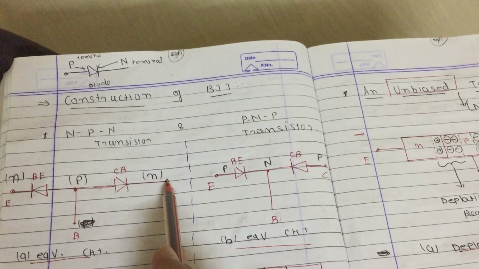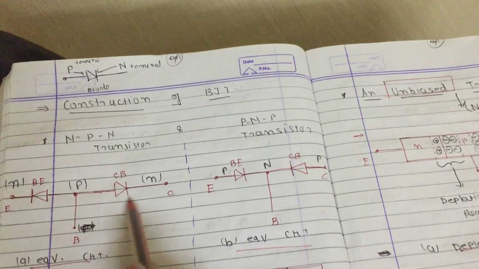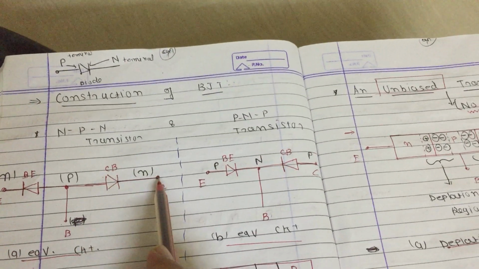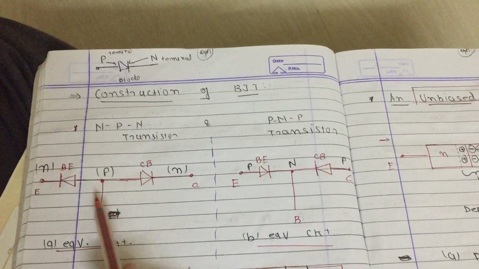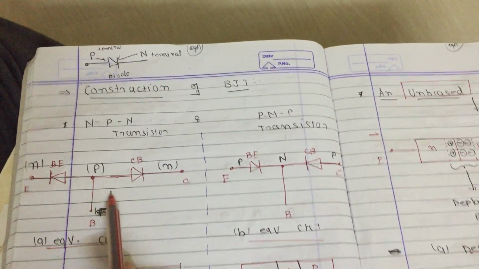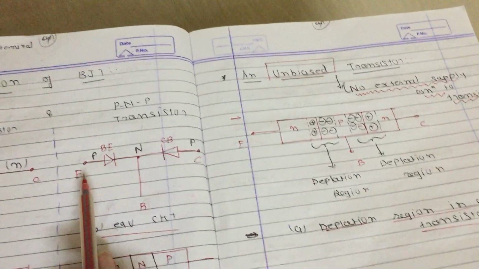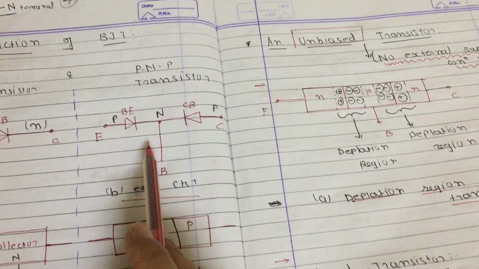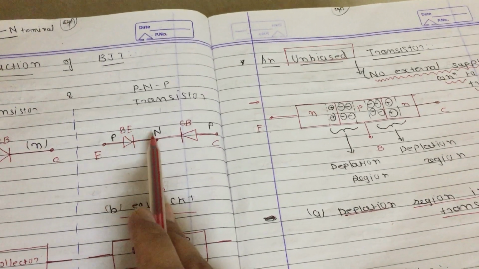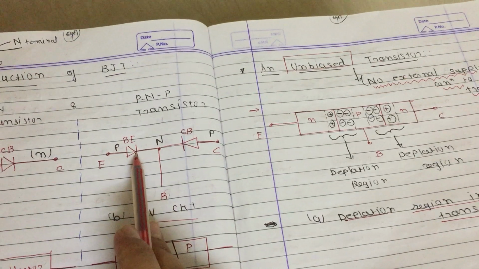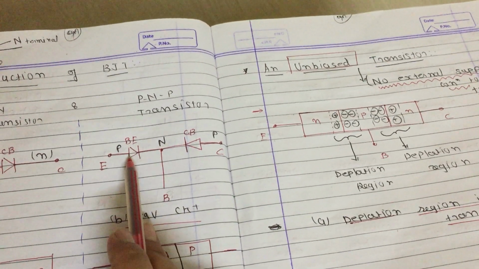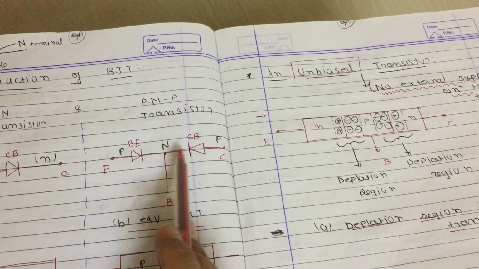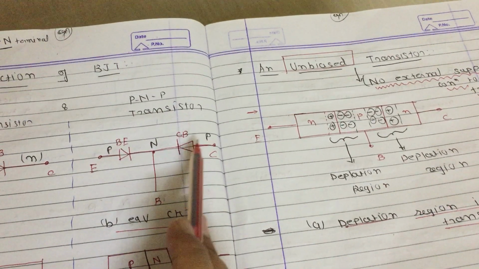Same here, P to N. Okay, so I have to put this symbol like this, the plate comes to this terminal. Okay, so this is simply how I can draw the equivalent circuit of NPN transistor, and this is for PNP transistor. In this equivalent circuit you can also see that here is the N terminal, so both diodes' plates are connected with N terminal and P terminal of this diode is connected here,